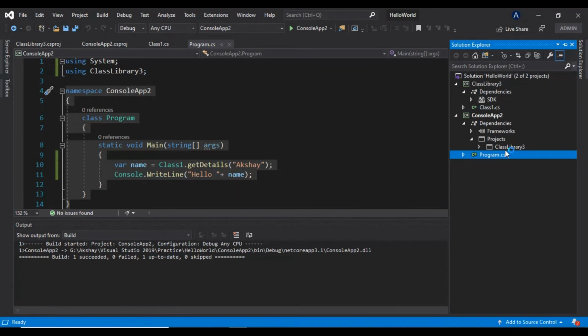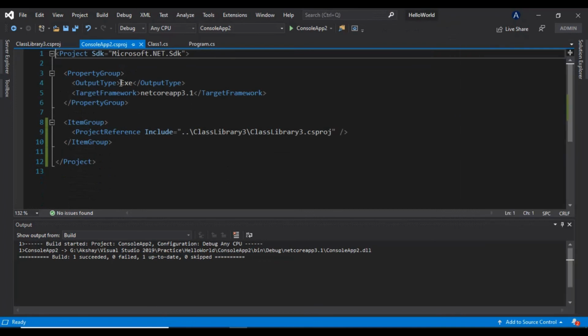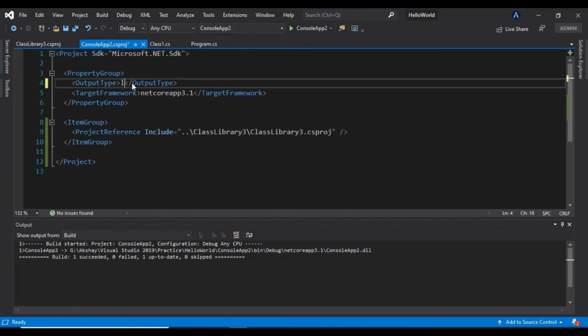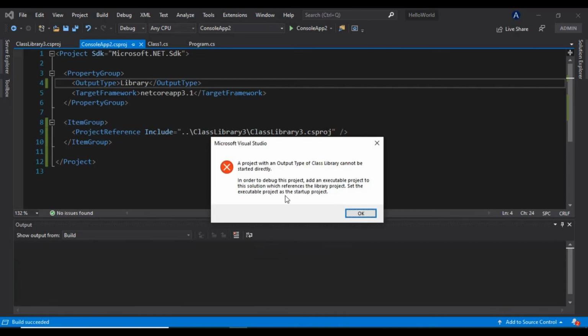Again, I want to show you one thing. Just double click on the project, and as you can see here, the output type is exe. If I make this type library and build this project, the build succeeds. But if you now try to run this project, it will say the output type of class library cannot be started directly.